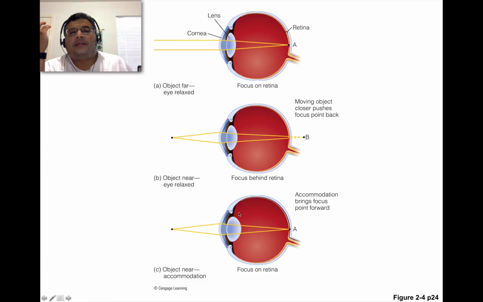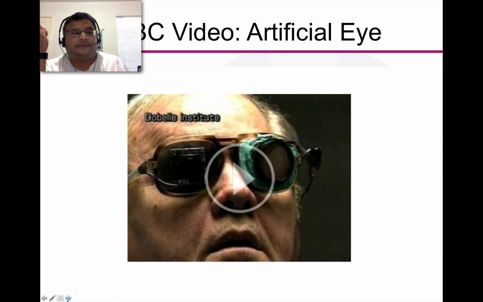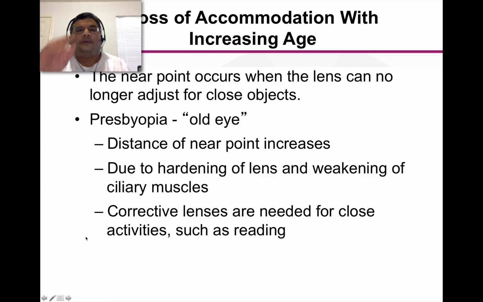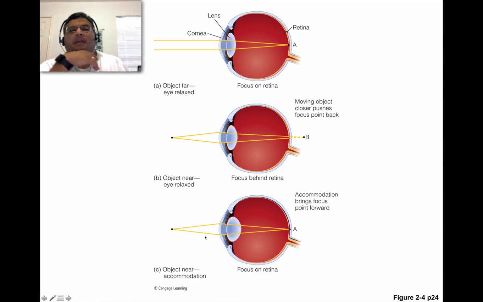So what your lens does in order to focus close things is this process of accommodation. Whoops. Let me go back. Sorry about that. Oh, there it is. Yeah, it does this process of accommodation where